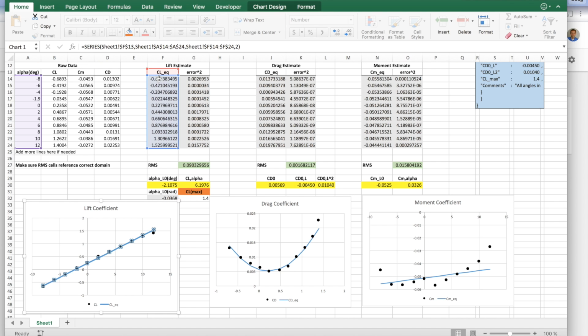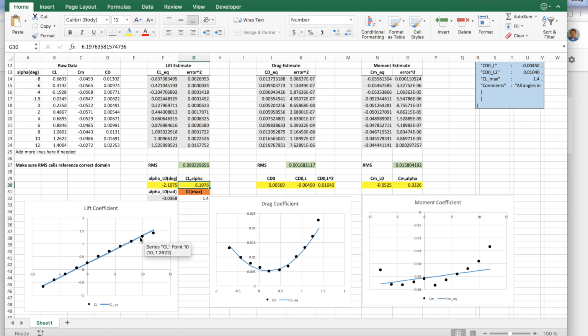So this is the lift coefficient equation predicted from these two values here. And so this line, what we want is to find the best line that's going to go right through our data set. So the way we do that is, see, this column here is a prediction of the lift at each angle of attack, and then this next column over is the error in that lift. And so if you double click in this cell here, you see that it's comparing the lift that's predicted